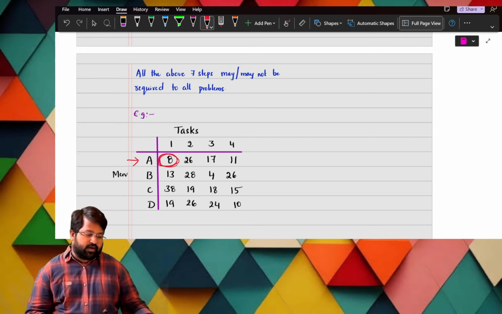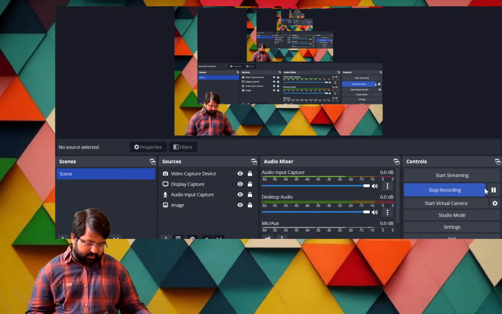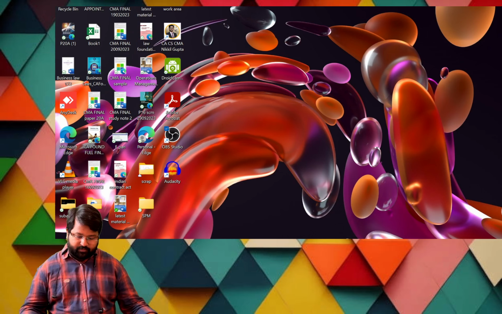So 1 second, power has gone. I will arrange one thing. Just I will give a pause here. Am I visible, ma? So if I am visible, let us continue with the problem.